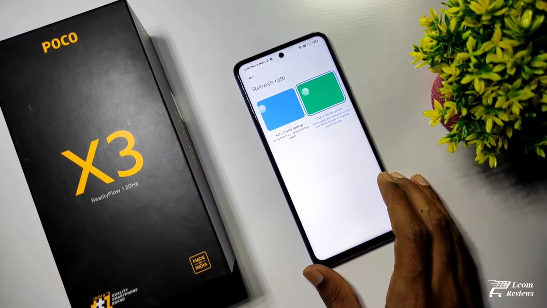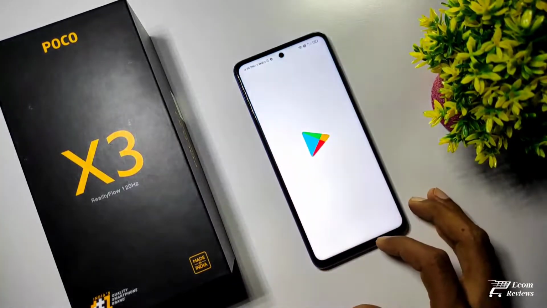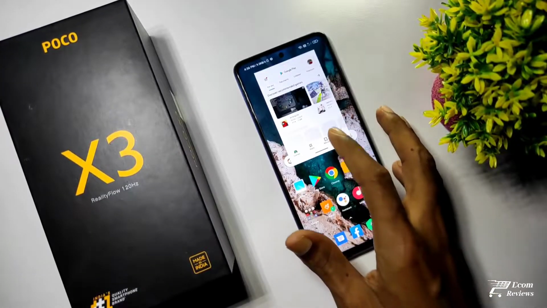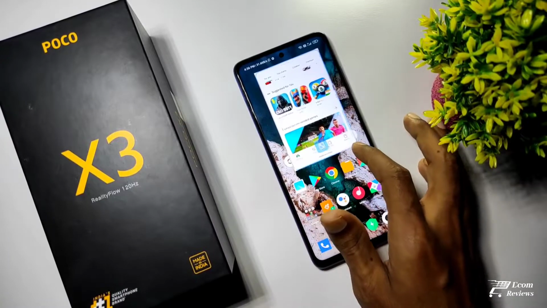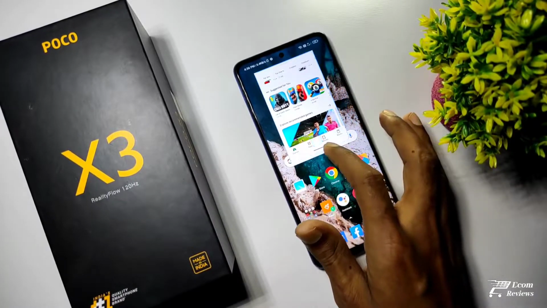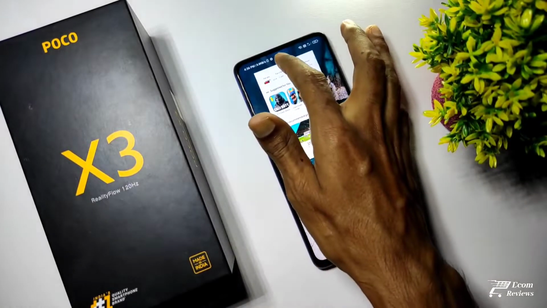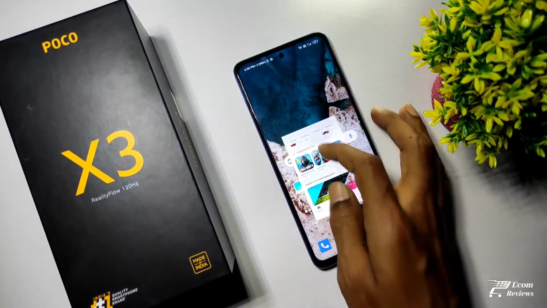use the 60Hz option. To enable the floating window option, just go to the menu and tap on the individual app in which you want to use the floating window option, and then instantly the floating window will come up on the display and you can make it larger or smaller, or even make it full screen view. And if you want to close this window, then just swipe it up on the upper section of the display and it will be removed from the display.